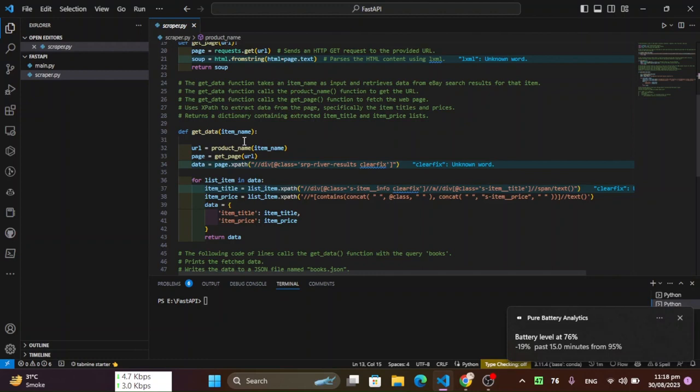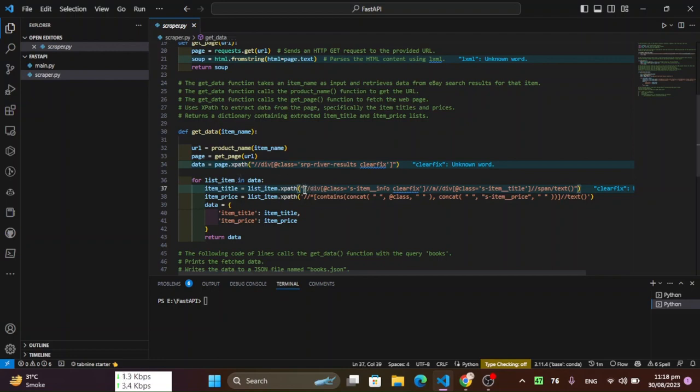Number 2, it calls the getPage function to fetch the web page content based on the generated URL. Number 3, it uses XPath expressions to extract relevant data from the page. In this case, it's extracting the titles and prices of the items.